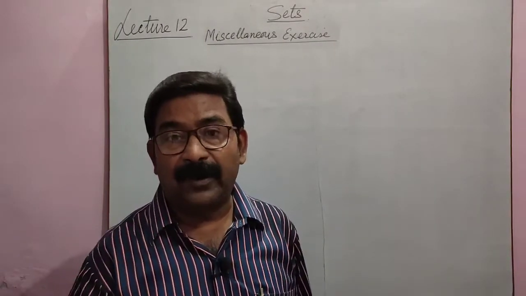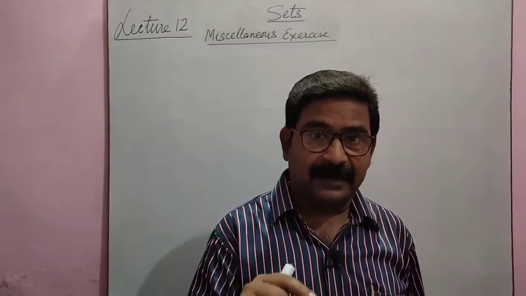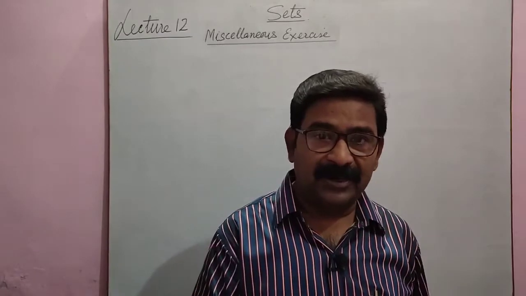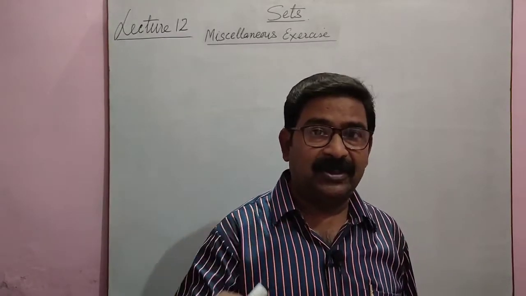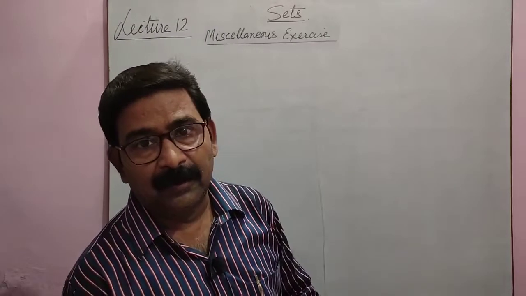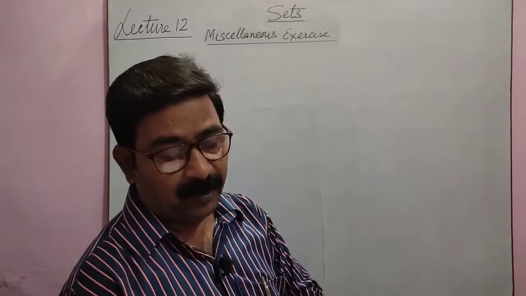Means what do we have to find? We have to find the union of the sets. Take H for Hindi, E for English. So you are given n(H), n(E) and the intersection of both. We have to find the union. By the simple formula you can find, or by a Venn diagram you can find.